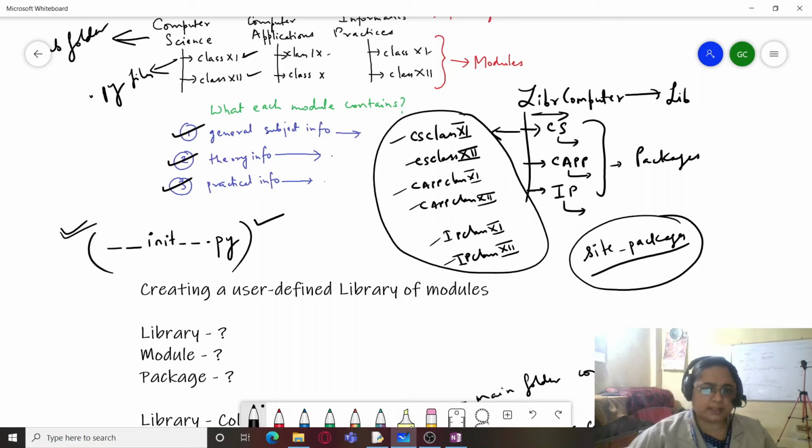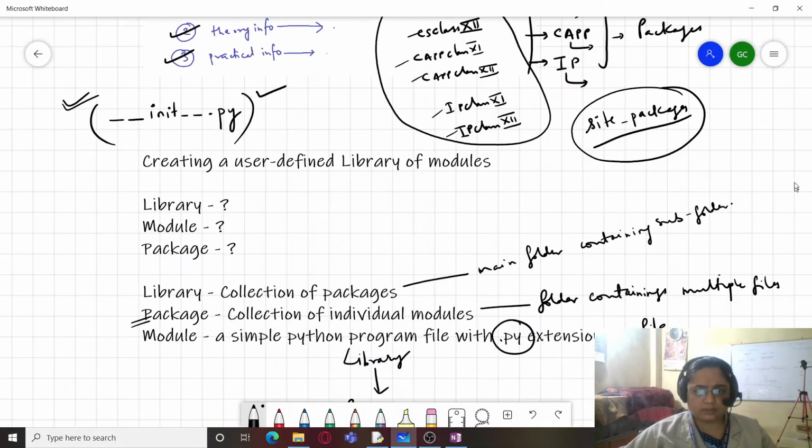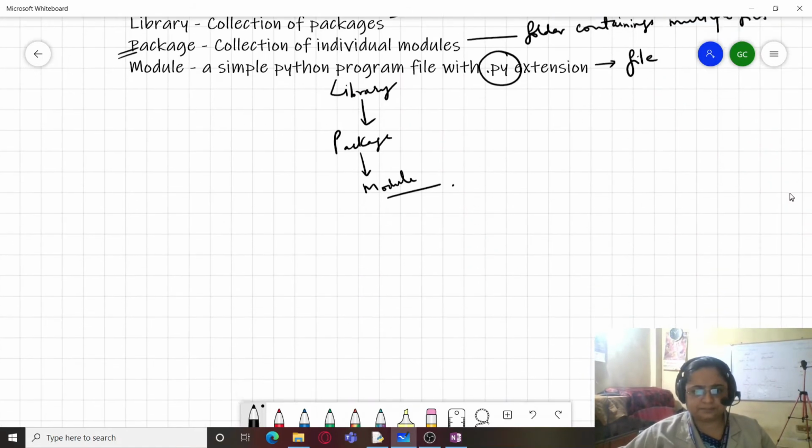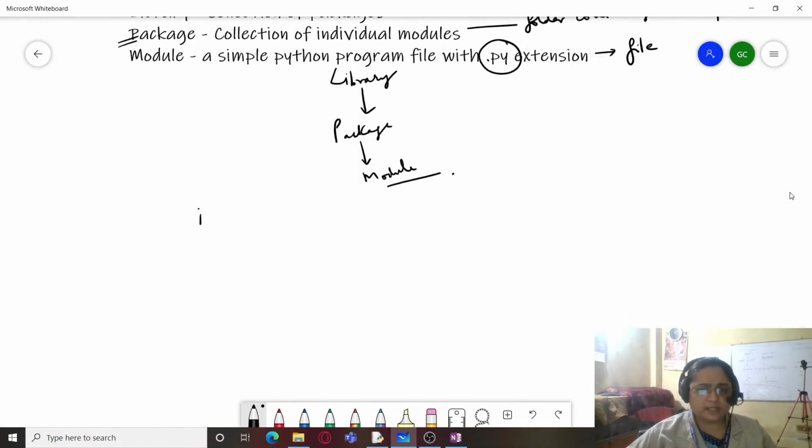Now, how to check the site packages folder? For this, you have to use a command. I'm just going to tell you which command you will be using. You will be first importing the sys module in your program, and then you will be printing sys.path.